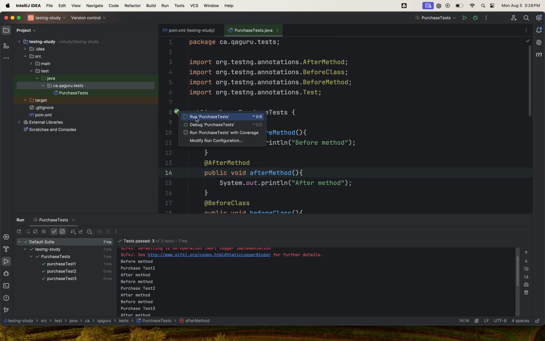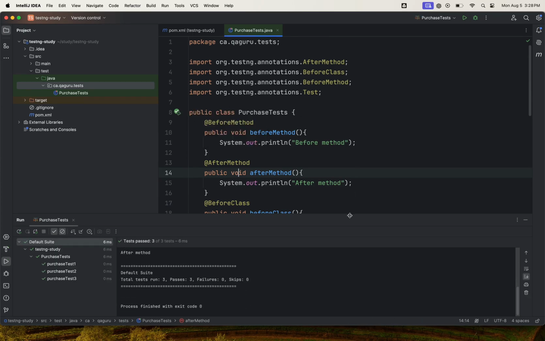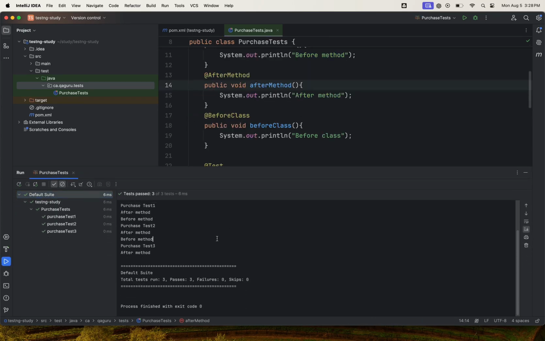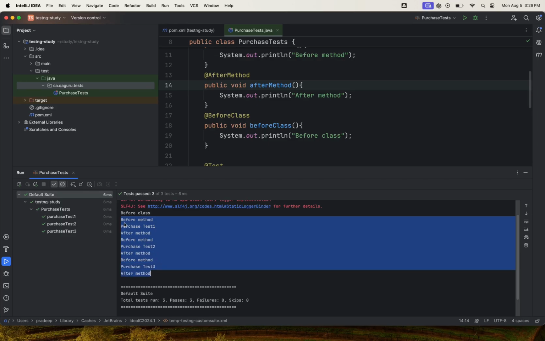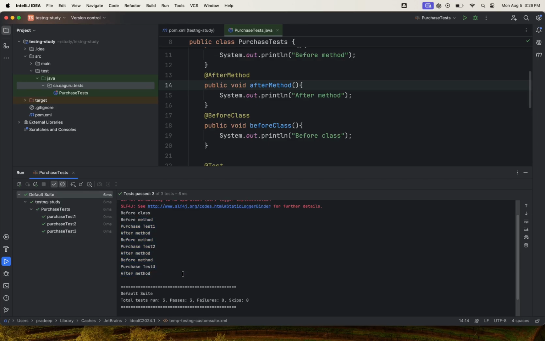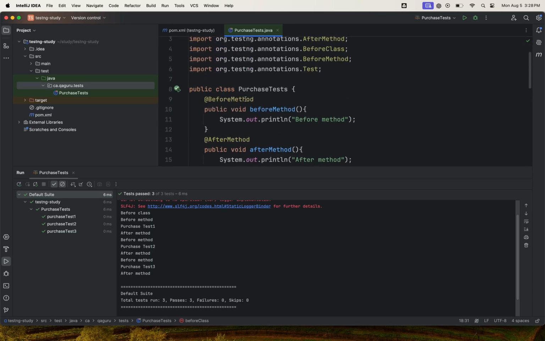Let's execute everything in this class and let's check the order. Okay, look at this. Now, in the beginning, it executed the before class method. You can see it prints before class, and then the other methods are executed within the order, right? Now, at the end, after executing everything within this class, if you need to do something, we can write it